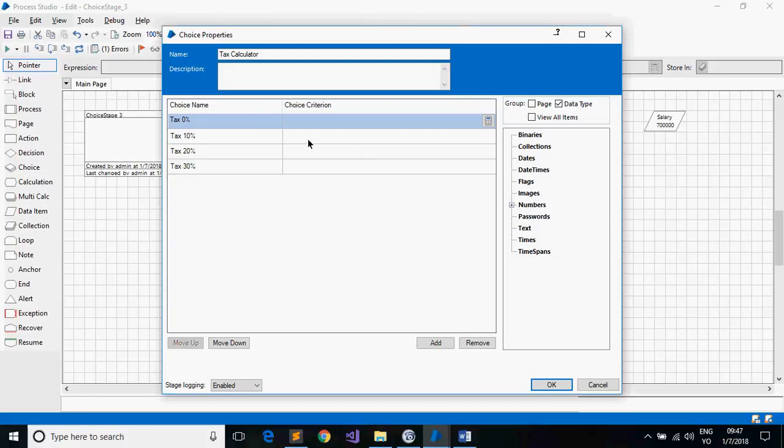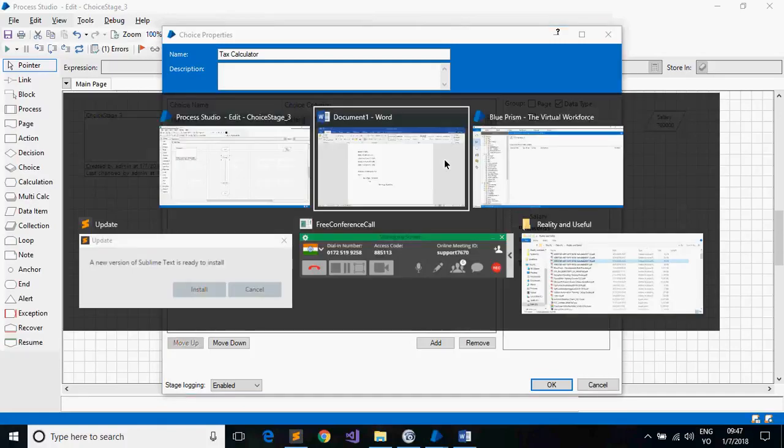So here, what I will check is the salary information. If salary is greater than 0 and less than 2,50,000. So how will I check this? I can drag a number directly from here. Salary greater than 0. Put an AND operator here, and again drag and drop salary, or you can put a double square bracket, and you can